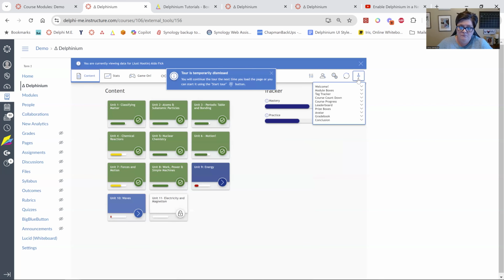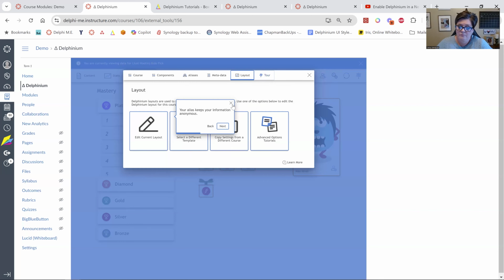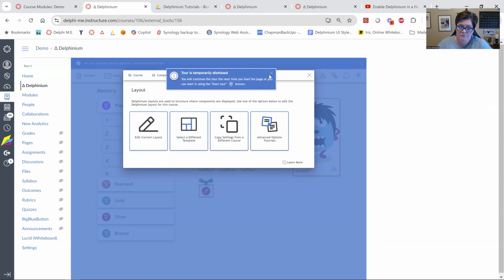Later on, you can come back and this is just a table of contents. So if you're like, oh, I'm not sure I remember how the leaderboard works, it will take you there and start the tutorial from that spot. Okay. No, almost no one does this. But if you want to,